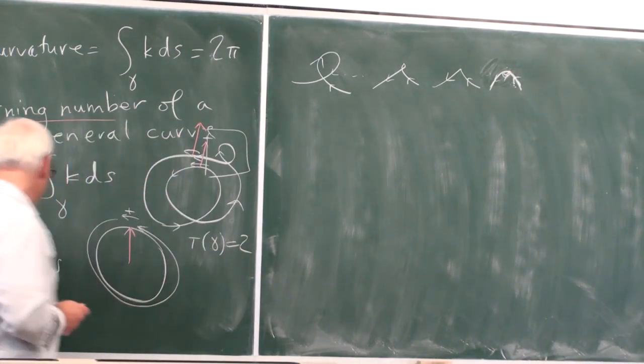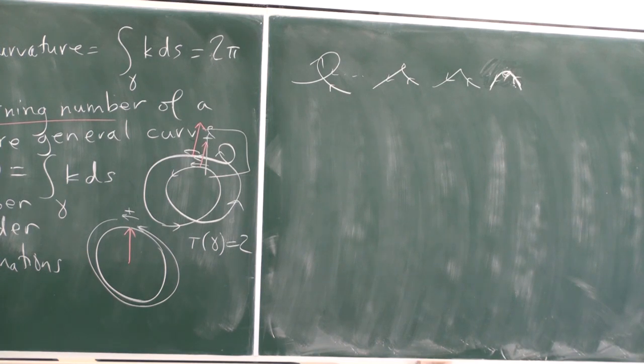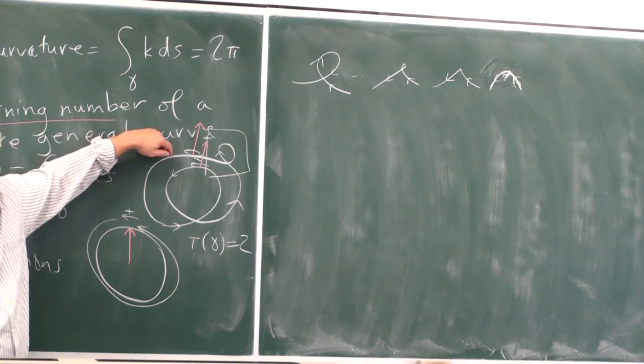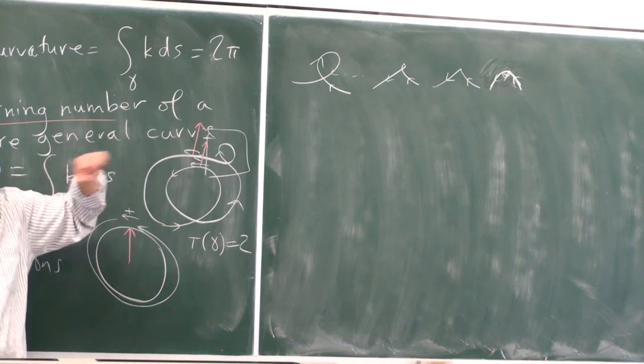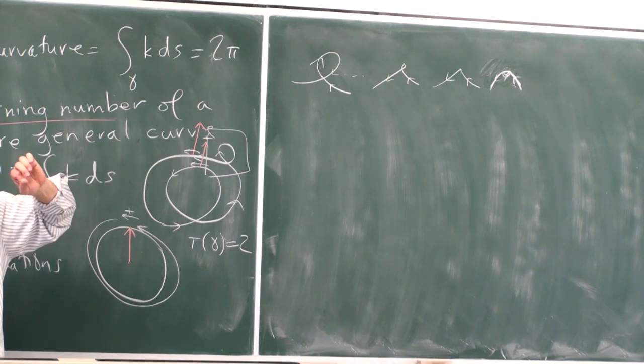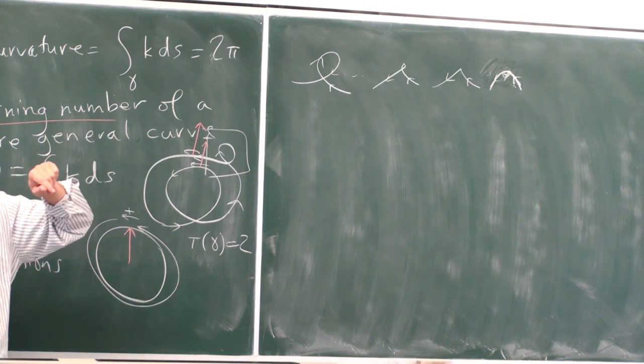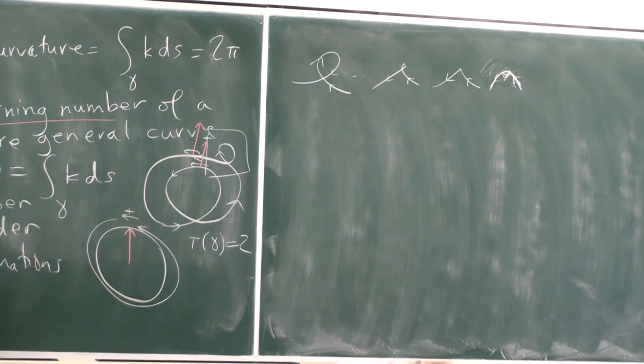So we just need to be aware that continuous transformations can change things, and in particular, turning number is sensitive to having lots of little knots. If there's a little small knot or a little loop somewhere that's infinitesimally small, very small, then it's going to contribute to the turning number, but we're not going to be able to even see it.